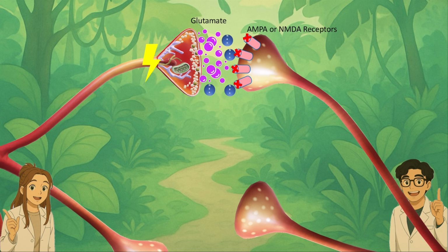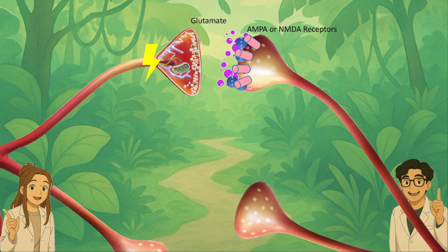Neurotransmitters are like tiny chemical messengers. Once released, they diffuse across the synaptic cleft, which is only about 20 to 40 nanometers wide. And then they bind to specific receptors on the next neuron's postsynaptic membrane, kind of like a key fitting into a lock. These are called ligand-gated channels and open only in response to a chemical messenger, for example, a neurotransmitter. Once a neurotransmitter has bound, it induces a conformational change in the channel, which opens the pore of the